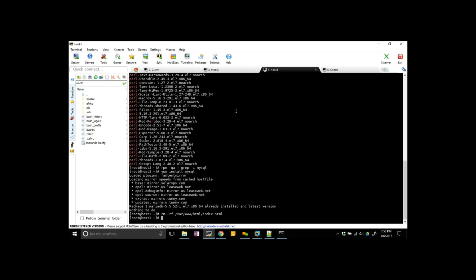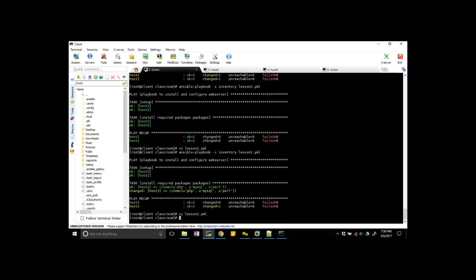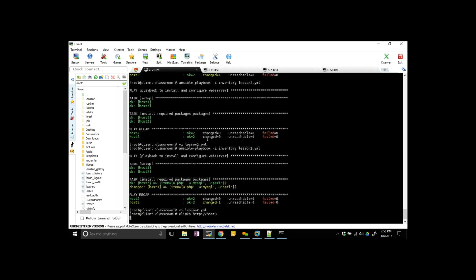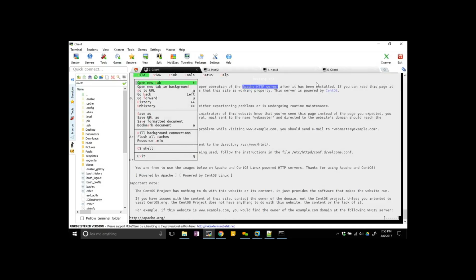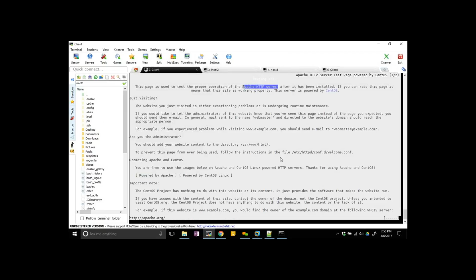Okay, so now I removed the index file. Let's run the website. What does it show, host 3. Okay, so it is showing Apache's default page because I removed that file.